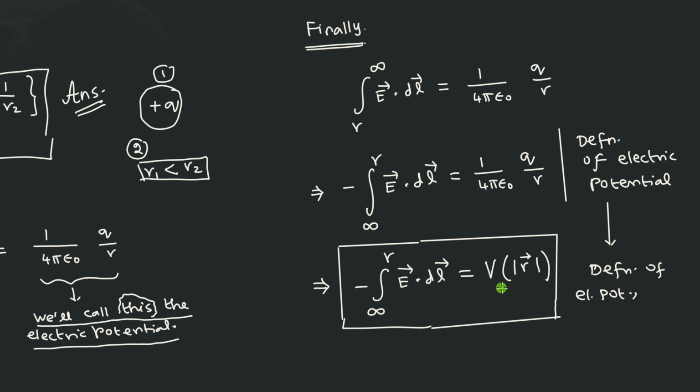And in that definition, the underlying assumption is that the electric field is the one generated by a positive charge. That is important. If it is not a positive charge, then this minus will not be there. So that is why these two things should go together. Only if the electric field is generated by a positive charge will you get a minus attached here. If it is a negative charge, automatically if you simplify, the negative will disappear. So that is the point that you have to remember.